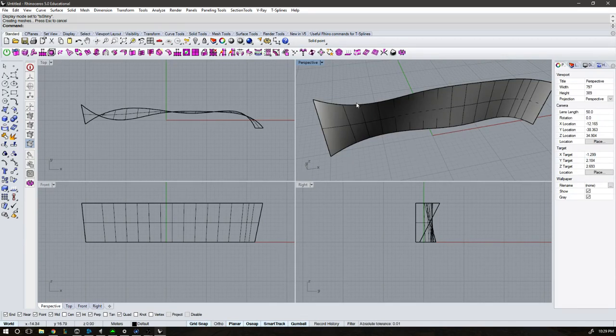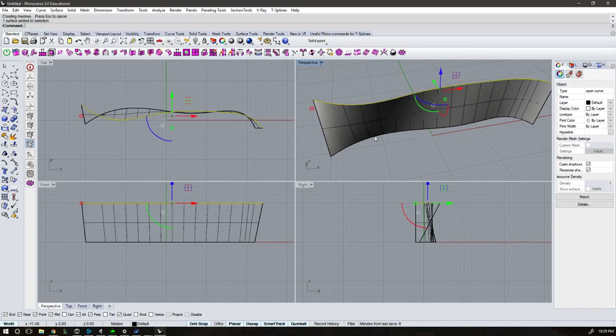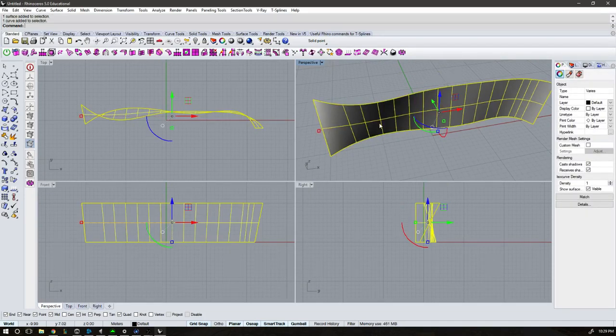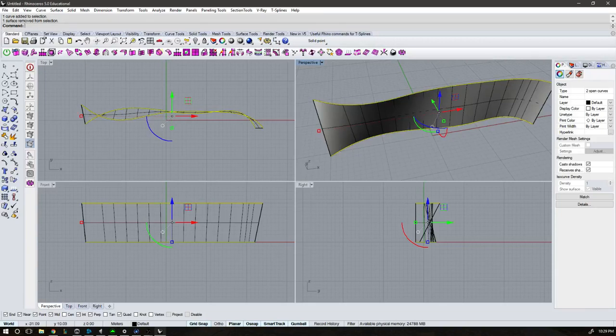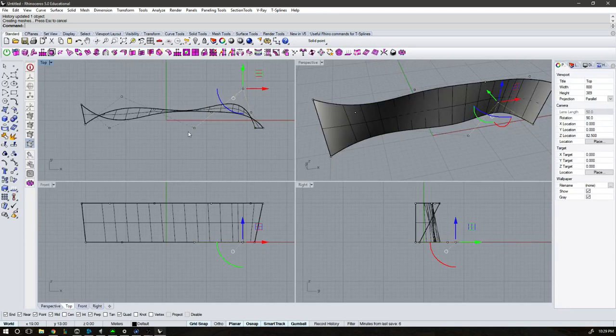The reason we recorded history on this, and this is a great trick in general for making forms, is that if we grab our curves, we can put control points on them, and with history recorded, the surface will update to reflect the movements of the curves that have defined it. So it makes it just a little bit parametric,